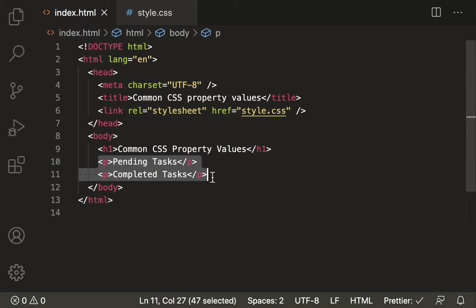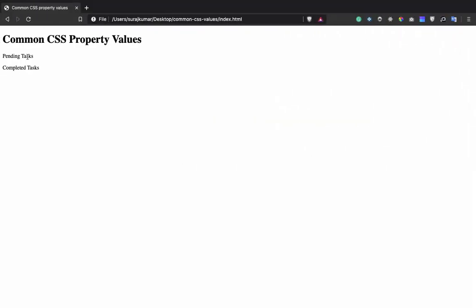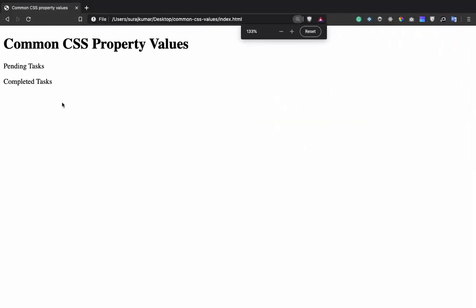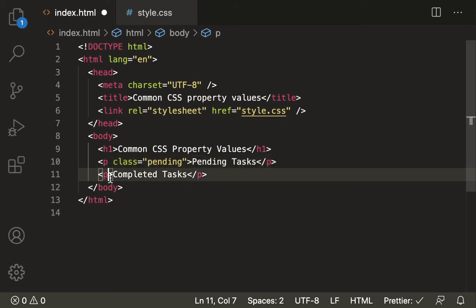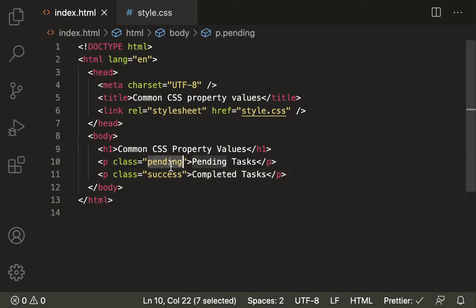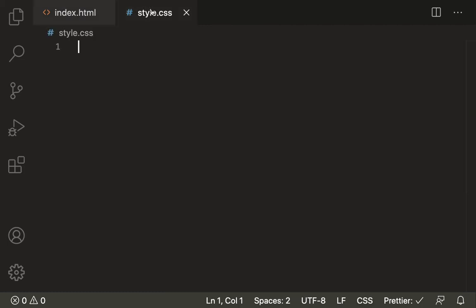Here we have 2 paragraphs on our page that we can see here. Let's zoom our page a bit. Alright, let's define a class to the first paragraph, maybe pending, and for the second paragraph let's apply class success. Now let's target this paragraph using pending class here first